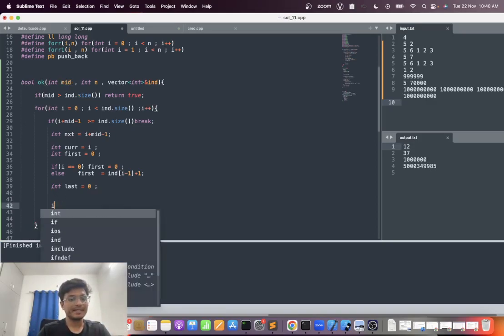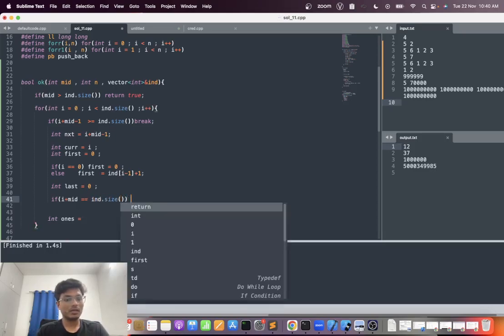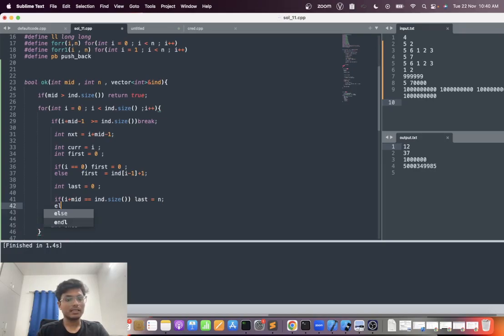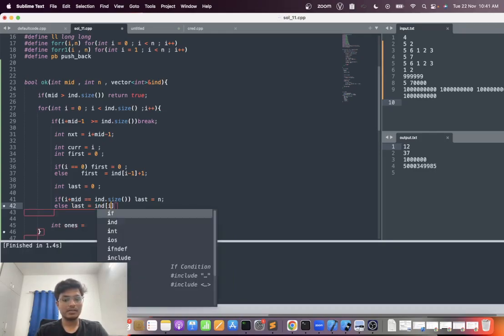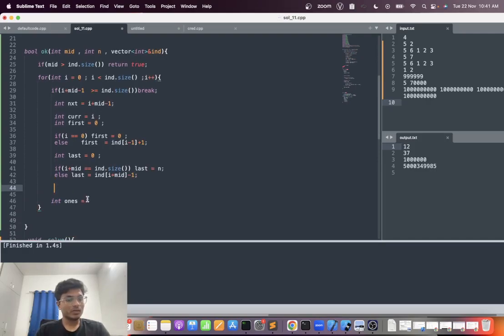Okay, and the next point plus 1 is equal to int dot size, then last will be n. Else, last is equal to the index i plus mid minus 1. So the total number of ones will be,